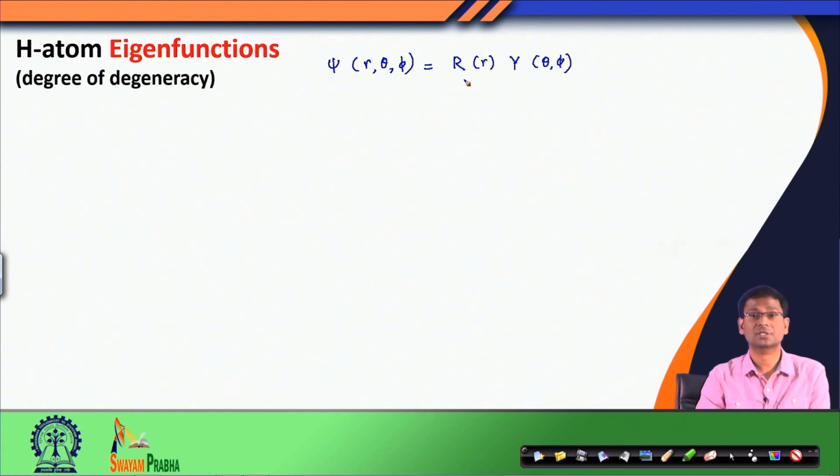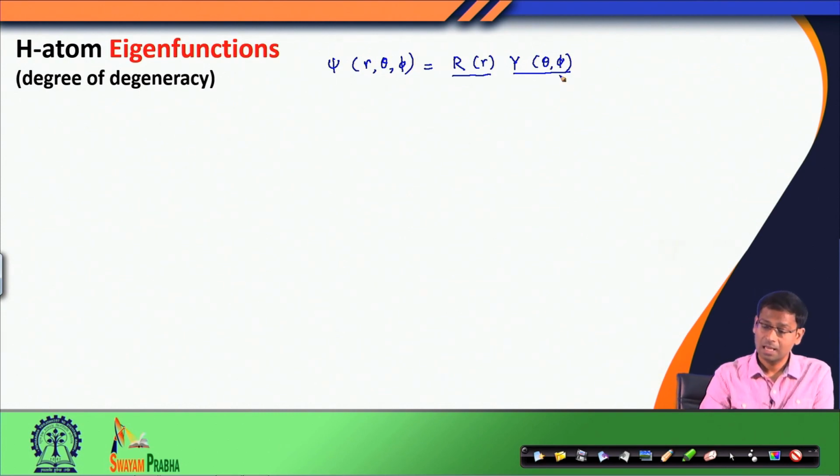We carried out the quantum mechanical solution of the hydrogen atom by taking this variable separation strategy. So, here our total wave function is the product of a radial function and an angular function. To remind you, this angular function turned out to be exactly the same eigenfunction of the L squared and Lz operators. So, these Y functions were the spherical harmonics,